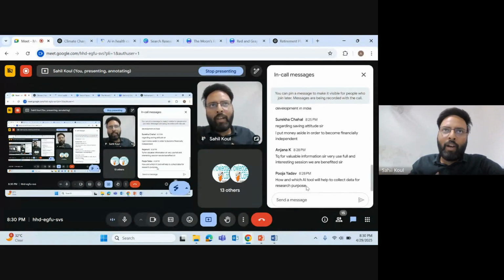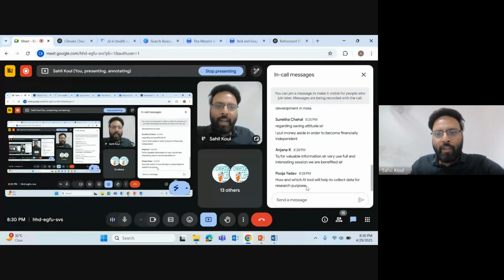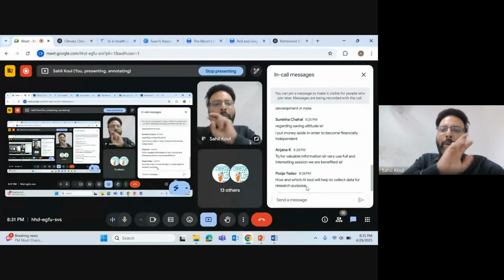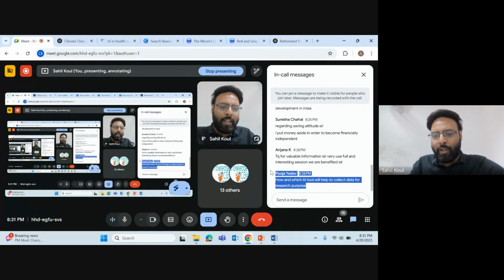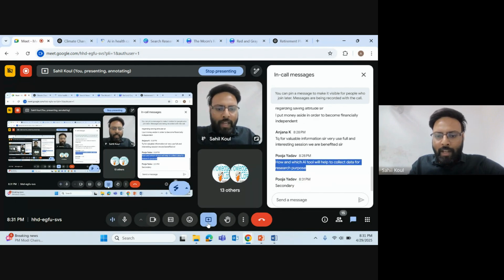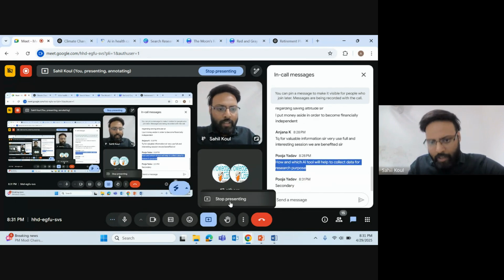Research data you have to collect either from secondary resources or from primary ones. Now AI tools will not help you for the primary ones, but yes, there are secondary tools that you can use, n number of them. Let's say there is a tool which will help you with survey creation and distribution.